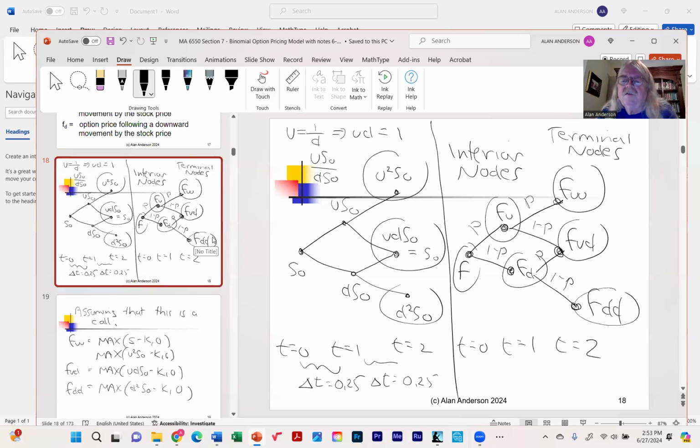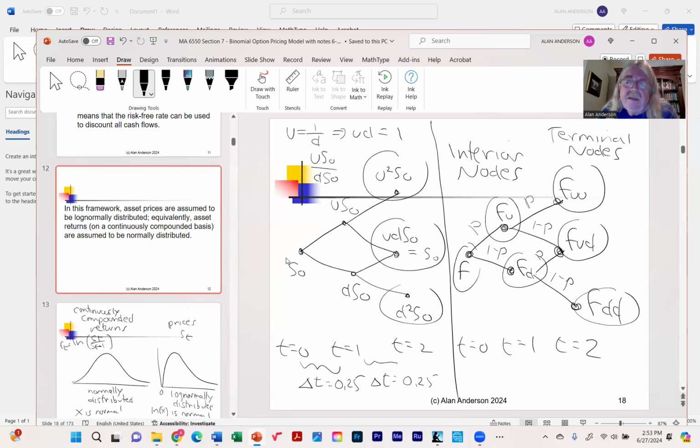Now, all of this discussion so far has been based on the assumption that whatever we're pricing is a European option. And by the way, you can increase the number of steps, no matter what the maturity of this option is. I've randomly chosen 2 steps. Let's say this is a 6-month option. I have 2 3-month time steps. There's nothing to stop me from having 6 steps of a month each, or 24 steps of a week each. And in fact, when you're writing code for something like this, we often end up creating a lot more of these nodes,